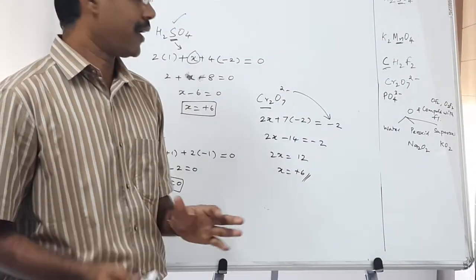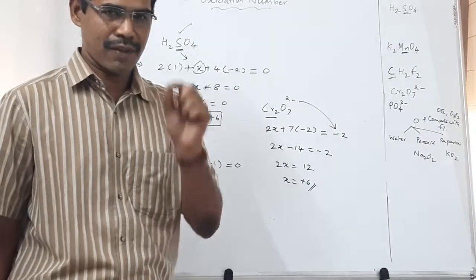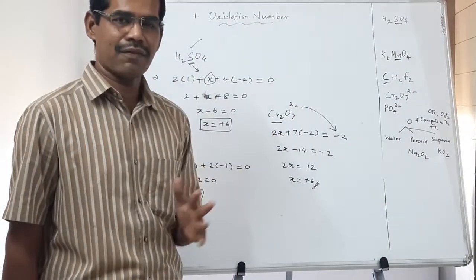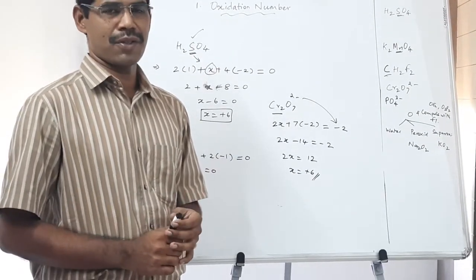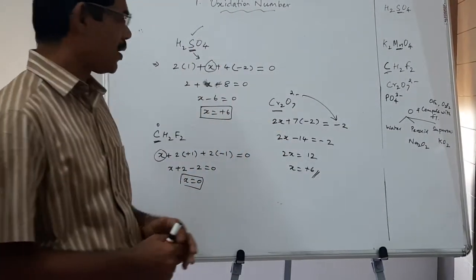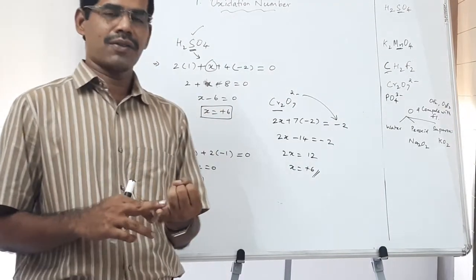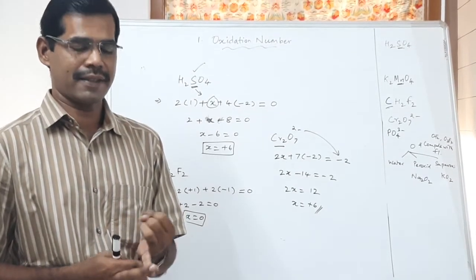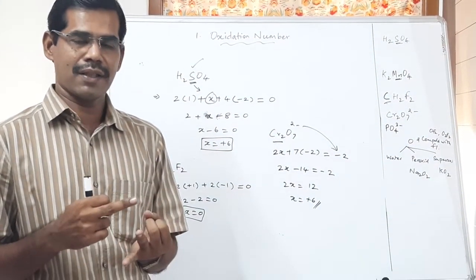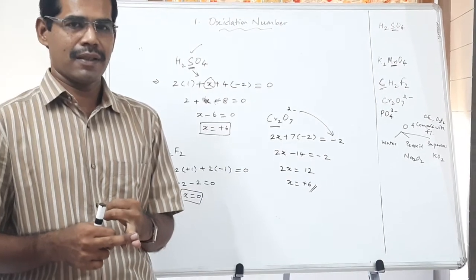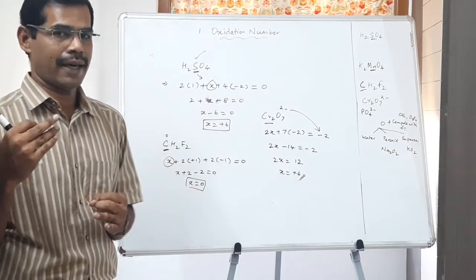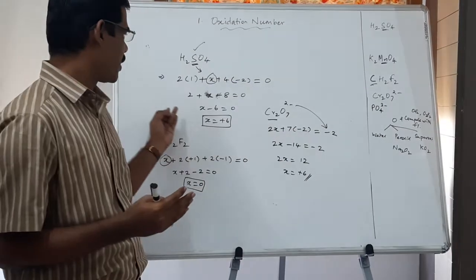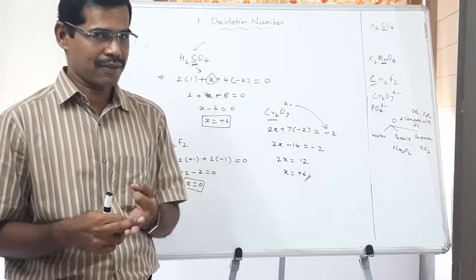So let me repeat once again. Oxidation number is actually the charge that comes on an element as a result of loss or gain of electrons while forming chemical bonds. Then we have learned some rules. Let me quickly summarize the rules. Oxidation number of an element, either in the uncombined state or free state, is always equal to 0. Oxidation number of hydrogen is always +1, only in the case of, say, hydrides, where it is present along with a metal, it is equal to -1. Then oxidation number of fluorine is always equal to -1, we have learned.